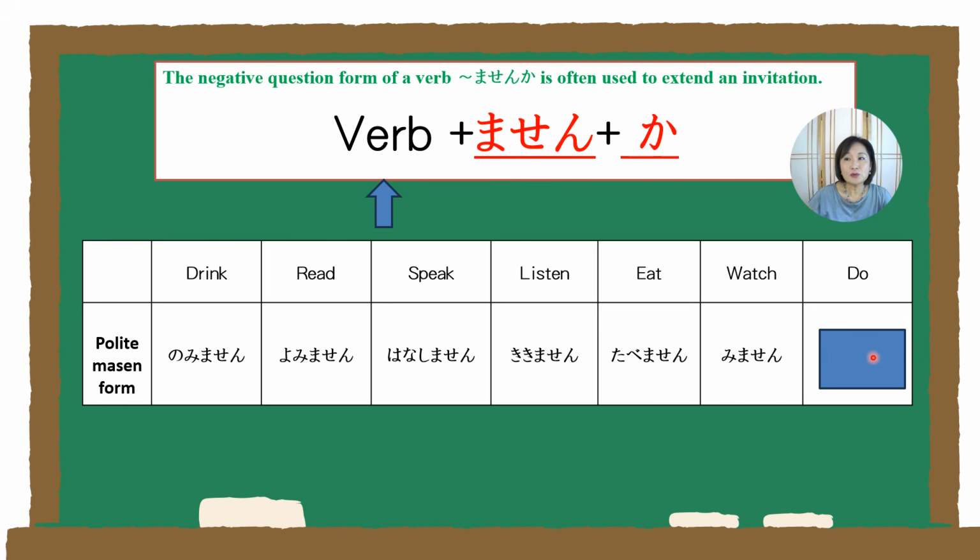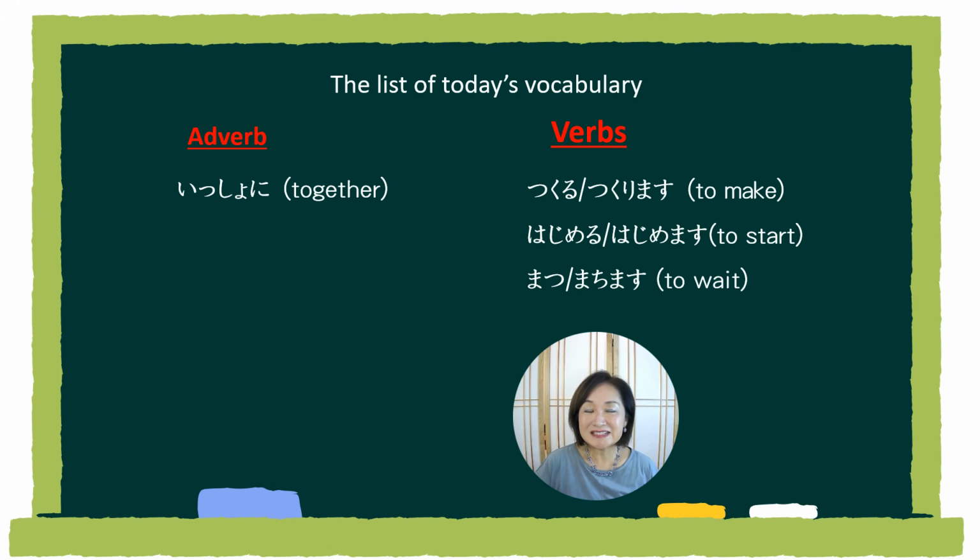Let's say, why don't we study Japanese? How do you say that? そうです。日本語を勉強しませんか? いいですね。